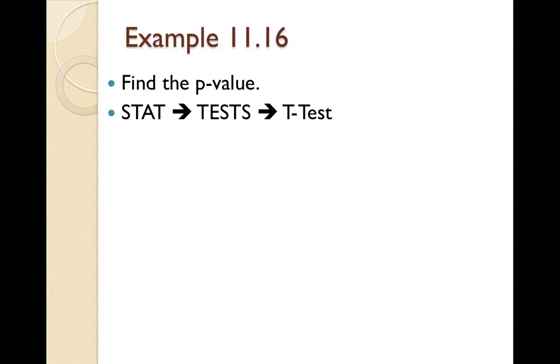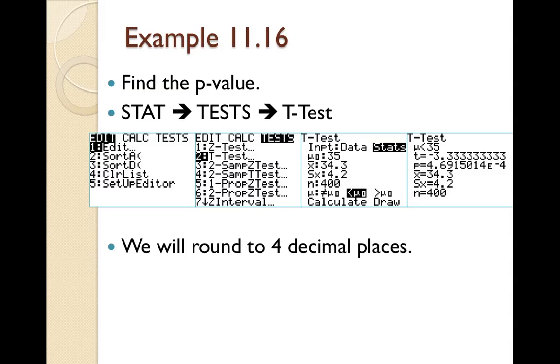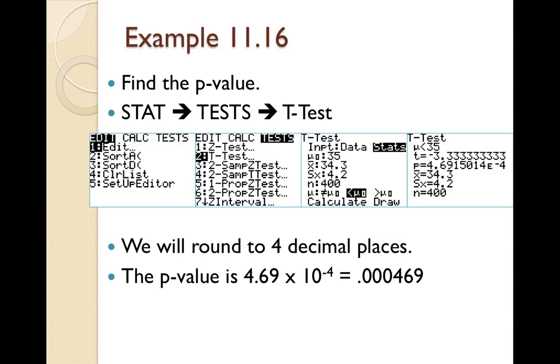So when we do that, we're going to see that we have a p-value that is pretty small. Smaller even than the last example. So if you think 4.69 and then you have to move your decimal places 4 units to the left, you end up with 0.000469, and when rounded to 4 places is